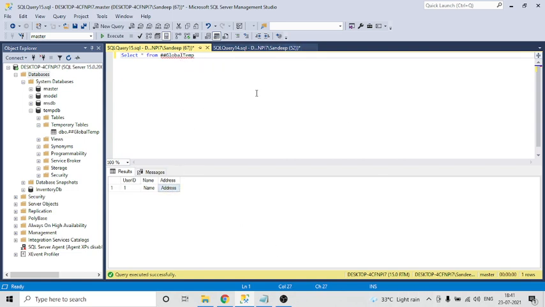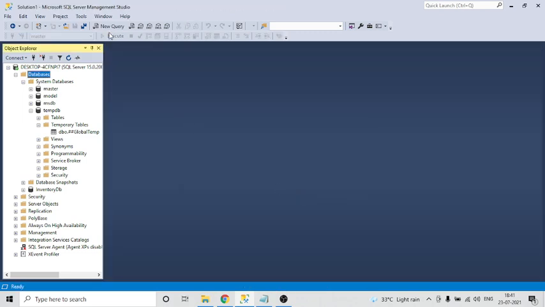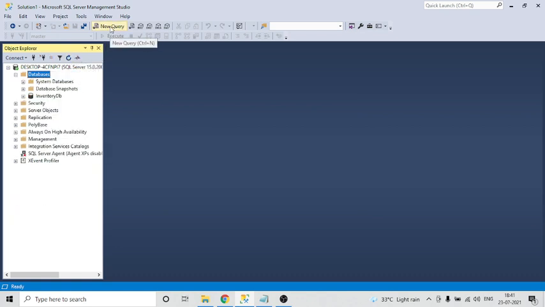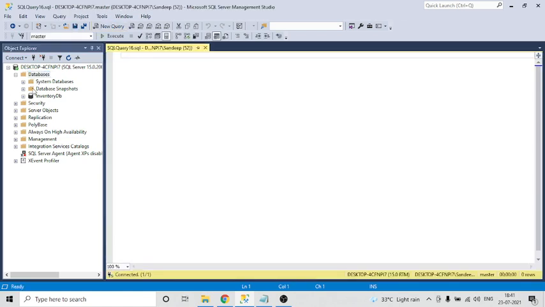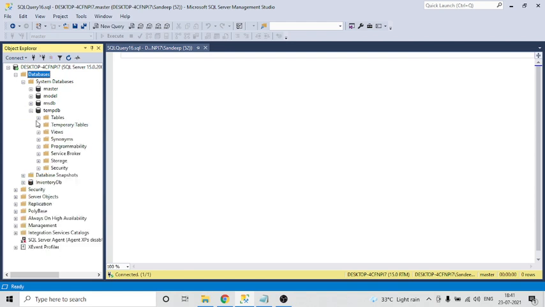Once you close all the windows, and again refresh your database and open a new query window, go to the system databases, open tempdb, and inside tempdb the temporary tables folder, you will get nothing.